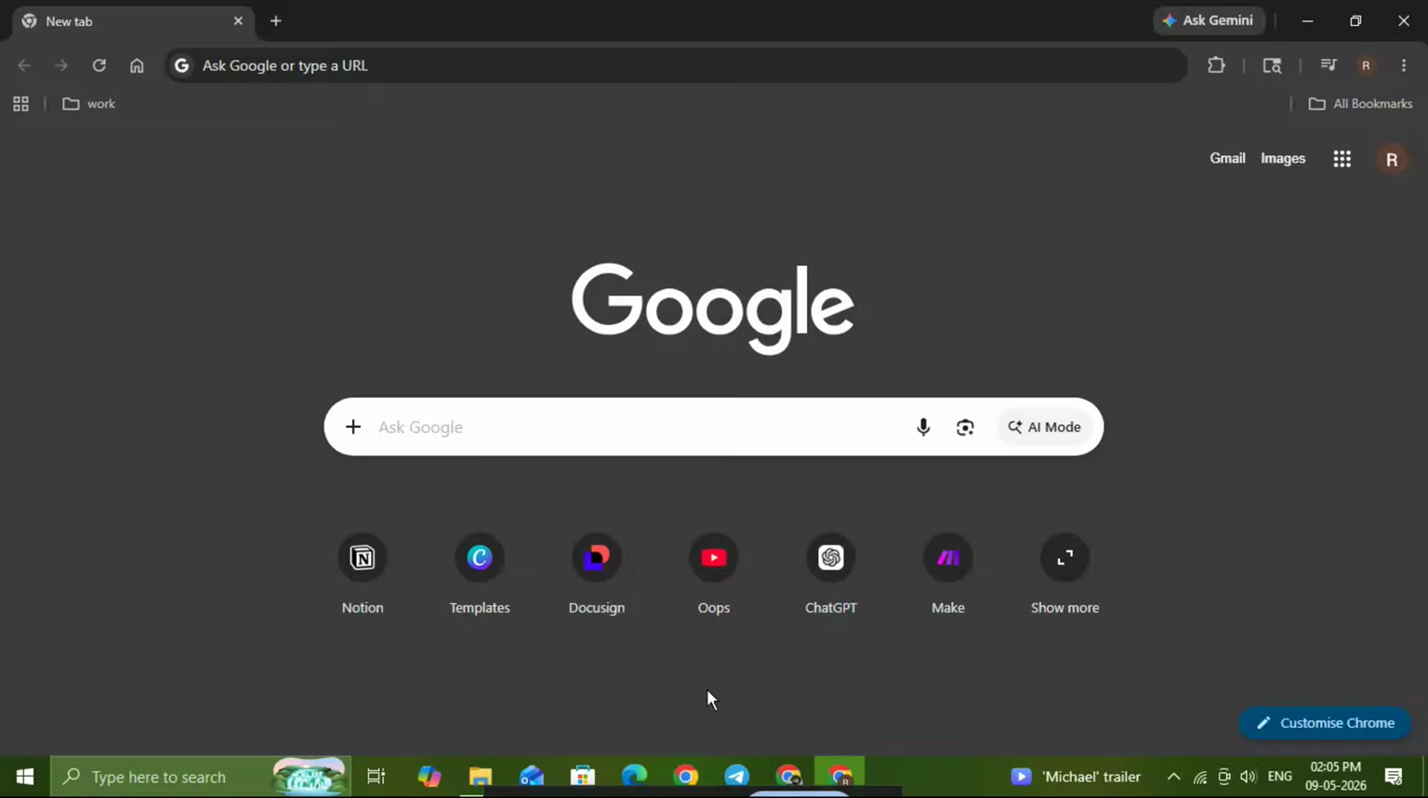In today's video, I'm going to show you how to go incognito mode in Google Chrome in just a few seconds. This is a simple but super useful feature if you want to browse privately on your device, keep your search activity separate from your normal browsing, or open a fresh session without saved history, cookies, or form data from